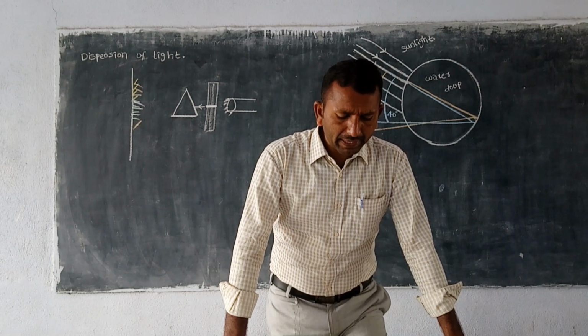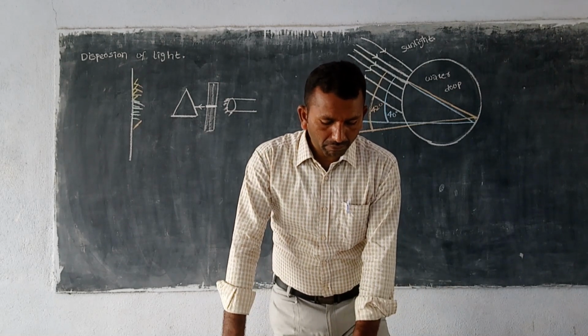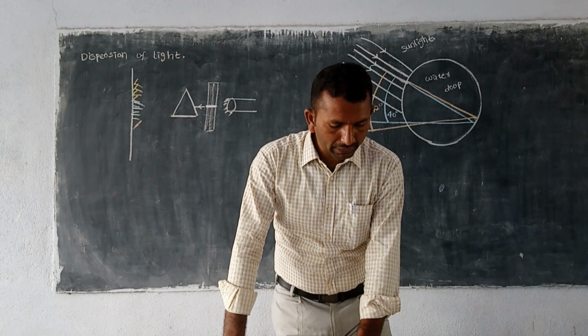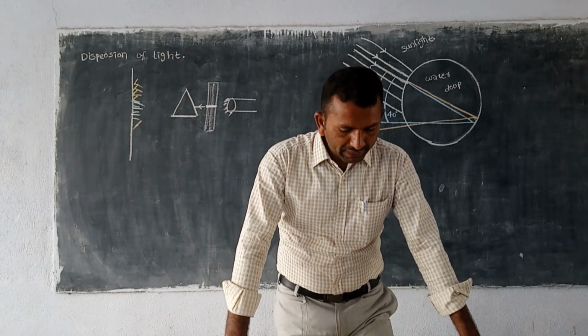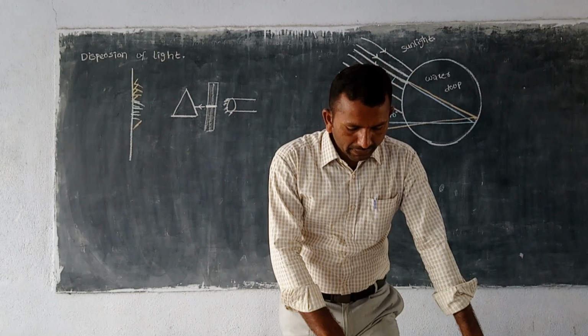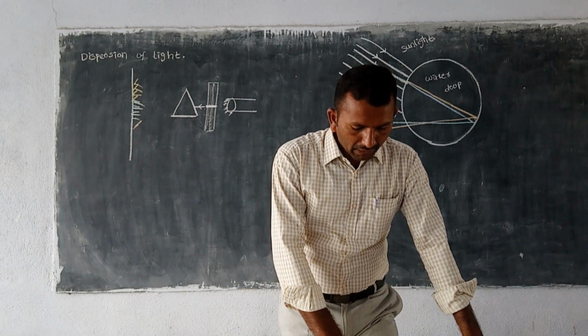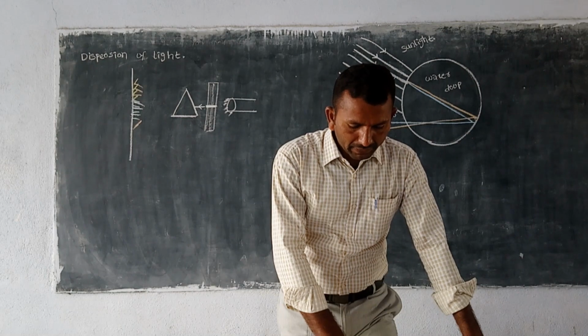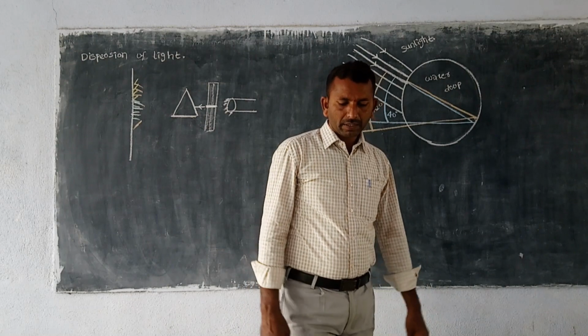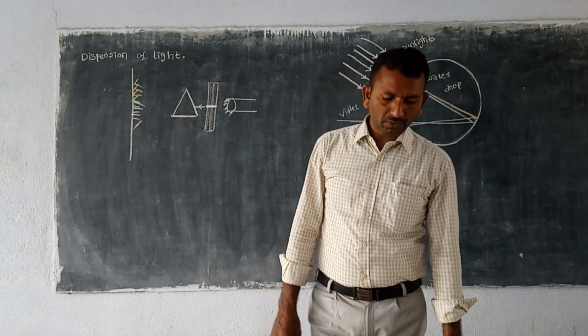In activities 3 and 4, we observe that white light splits into different colors. Can this splitting of white light into colors be explained using ray theory? It is not possible to explain the splitting of white light into different colors using ray theory. Why is this so? Let us see.